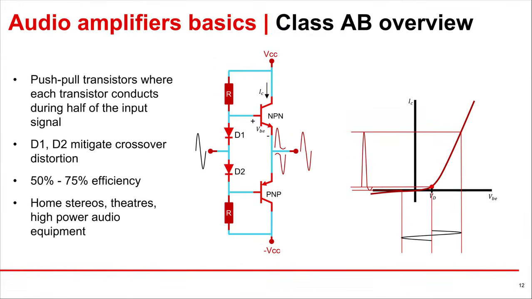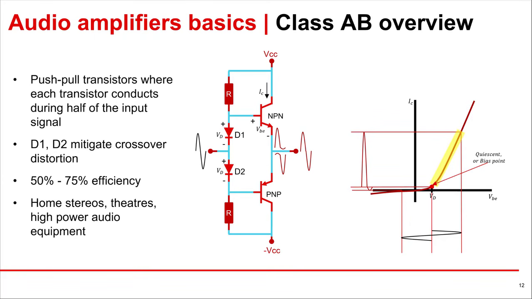The Class AB amplifier attempts to mitigate the effects of this crossover distortion. As we discussed previously, the base to emitter on a BJT behaves as a diode. So if we use diodes to bias the base of each transistor at 1 diode voltage above and 1 diode voltage below the input signal, then we are able to ignore the region of the VBE versus IC curve that would introduce crossover distortion. By doing this, we can ensure that each transistor conducts almost entirely in the linear region of the VBE versus IC curve.